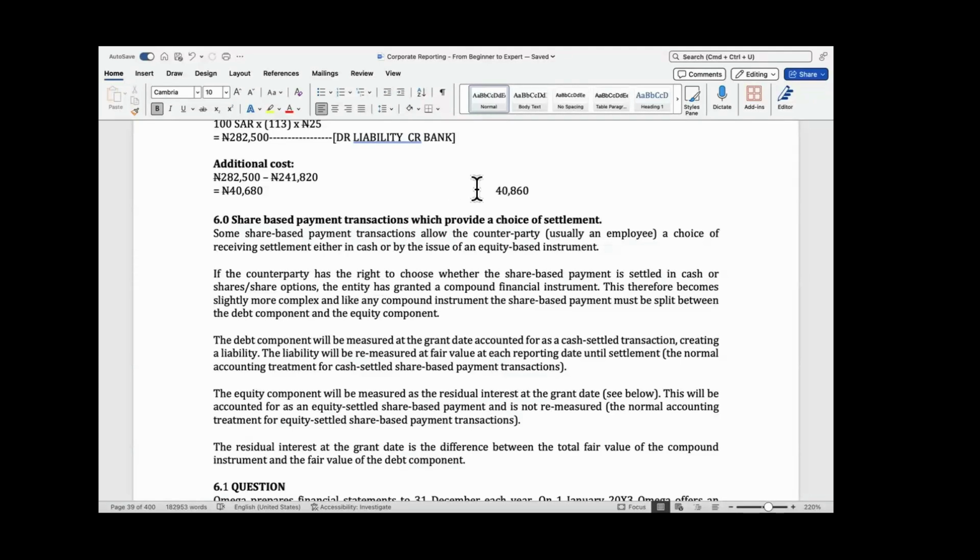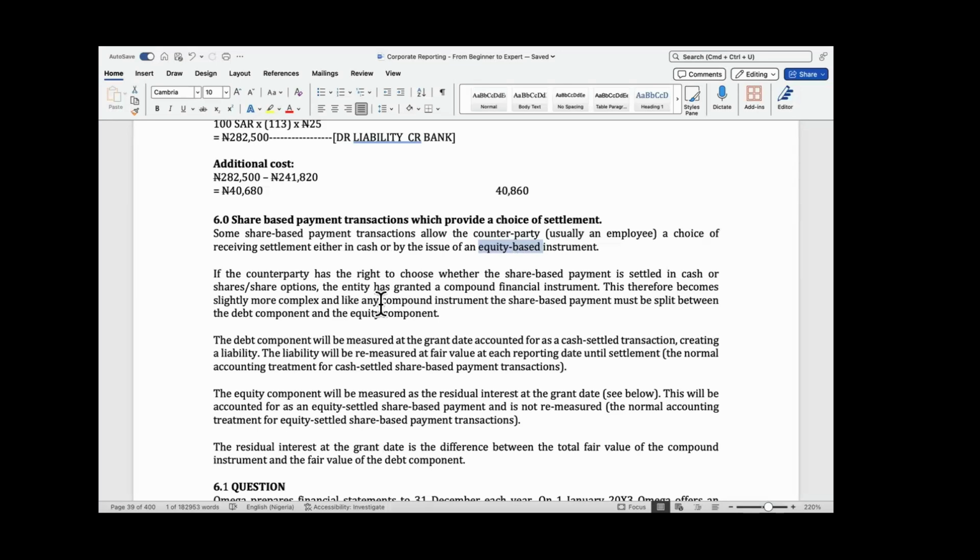So, this is one where the counterparty, in this case, usually an employee, has a choice of receiving settlement either in cash or by the issue of shares. So, we are saying that the employee can decide whether this transaction should be equity settled or should be cash settled. You see, when you have this kind of transaction